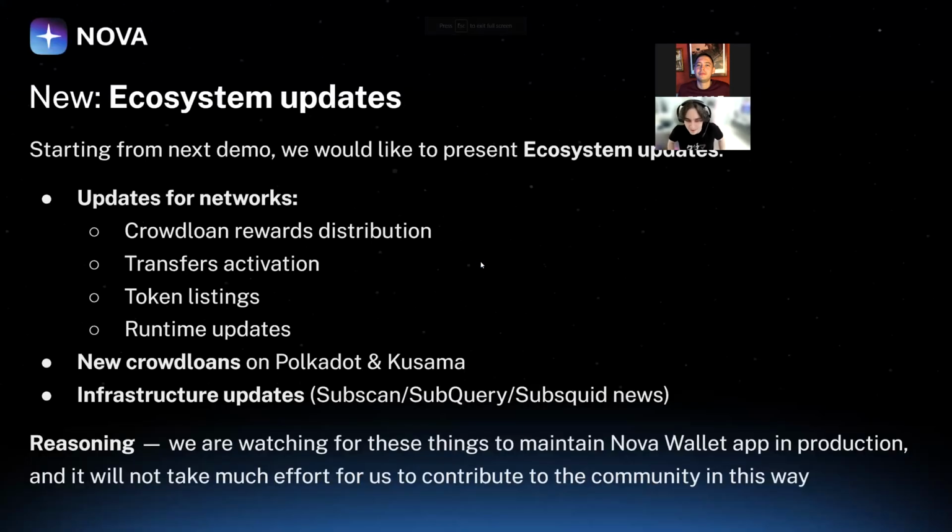Oh yeah, we have some ideas. We would like to have something new on our demos, which we would like to call ecosystem updates. Basically, to maintain the Nova Wallet application, we have to pay attention to lots of things happening in the ecosystem. Like, did some parachain distribute the crowdloan rewards, right? Because we need to test